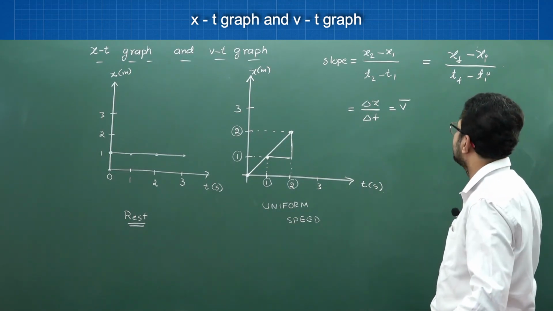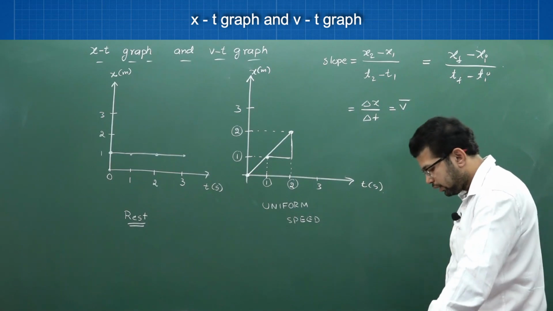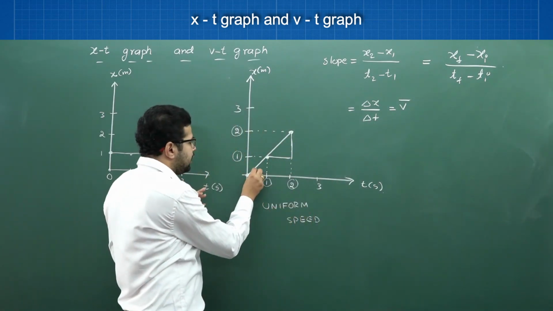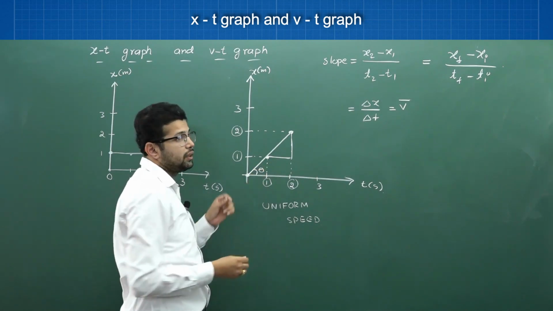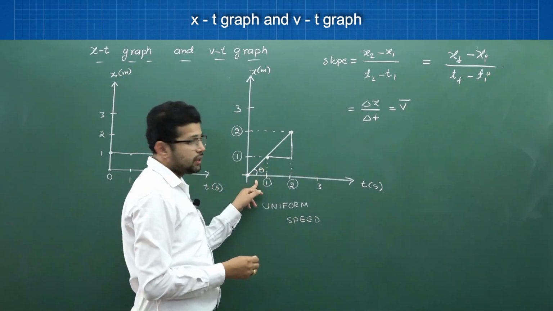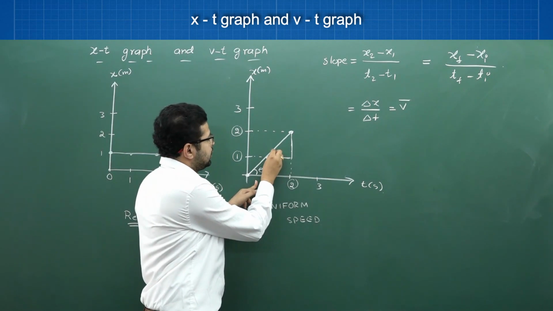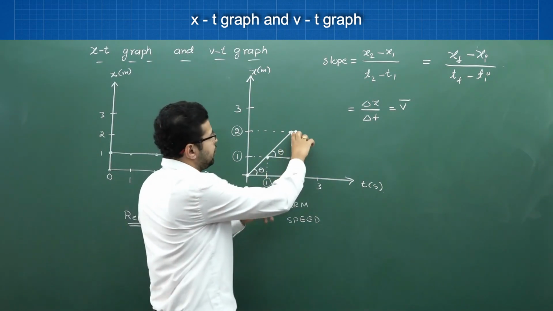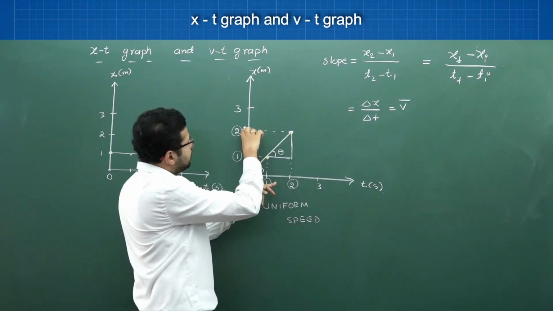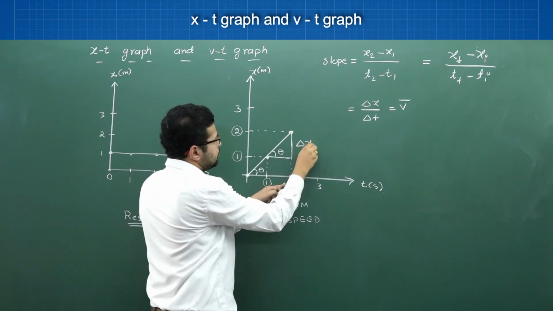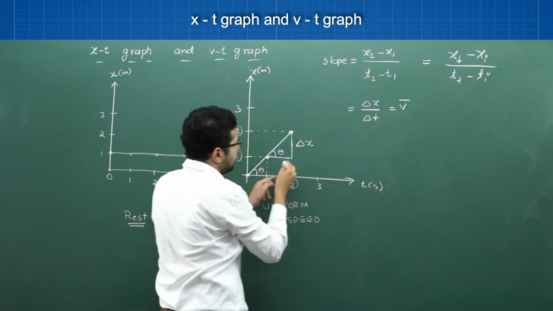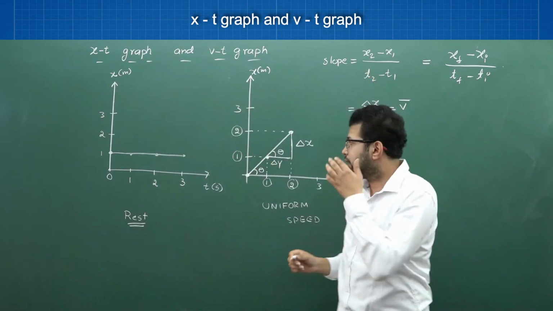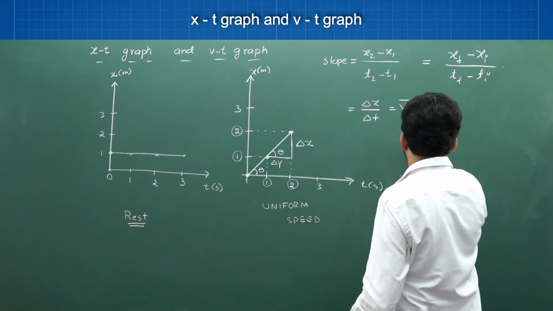And one more thing that you can observe is, say this xt graph is making an angle theta with the time axis. If this angle is theta, this angle also would be equal to theta. And here if you observe, this is delta x, x2 minus x1, and this is delta t. And if I define tan theta here, what happens? Tan theta